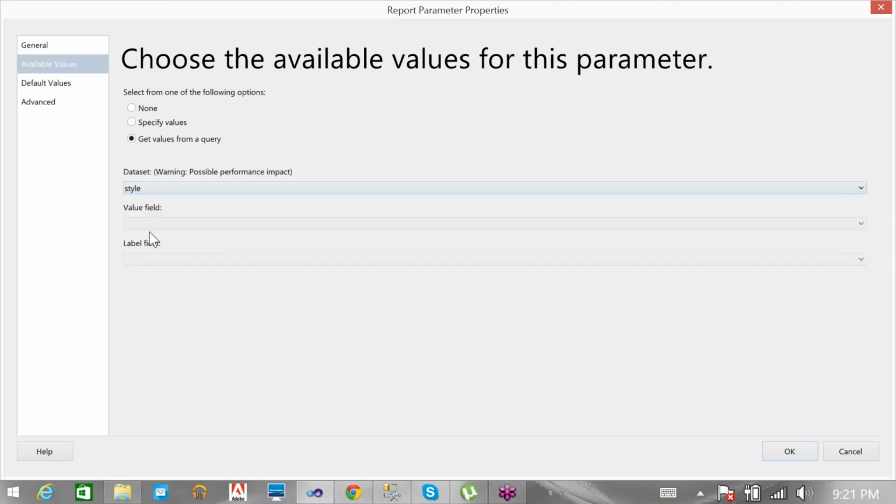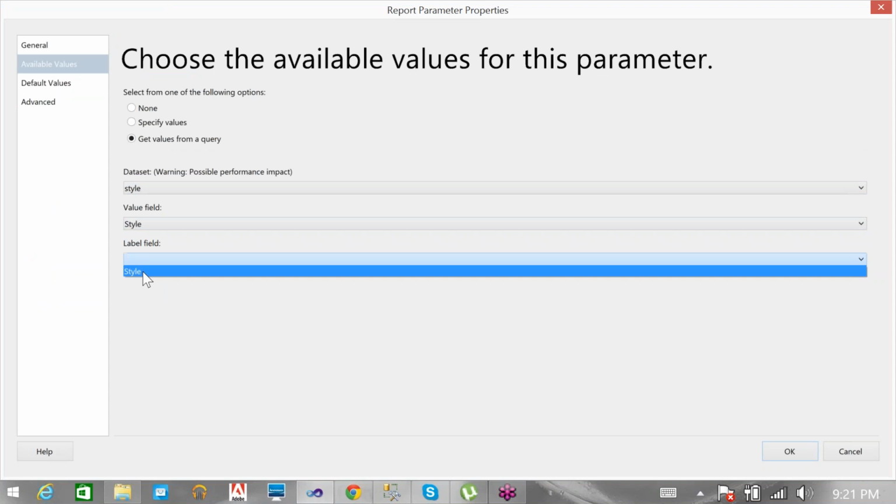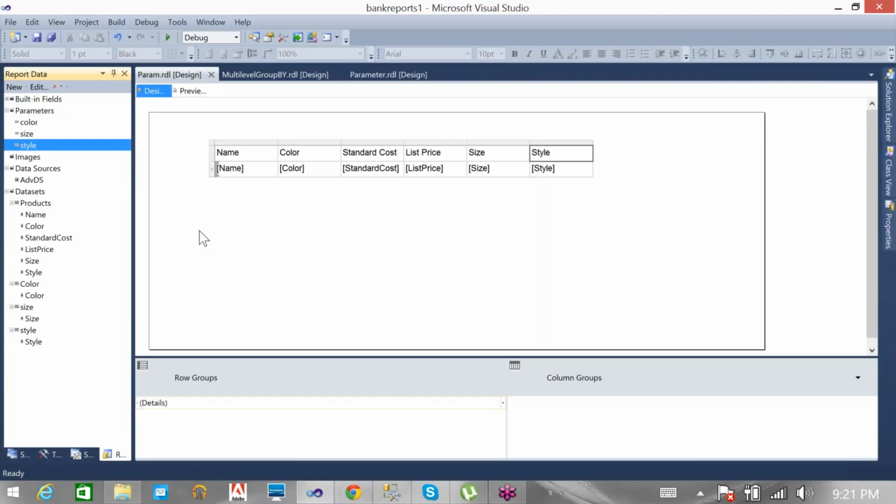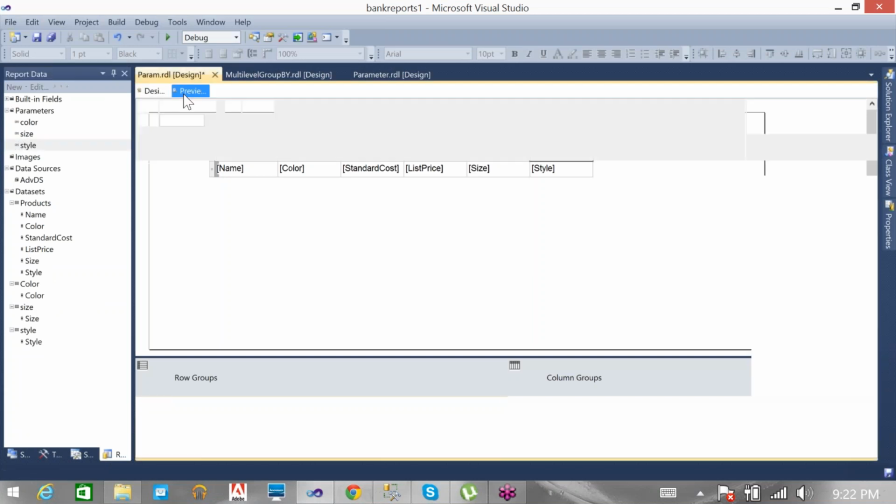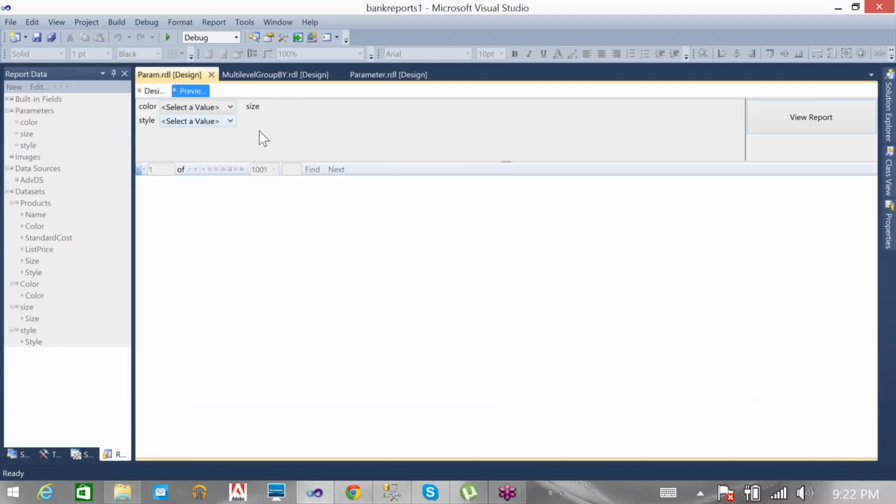Then I'm going to connect the style dataset. I need to pass these two parameters into the style. Why do I need to pass the two parameters? Because style is the last parameter that depends on the first two parameter selections, like blue and size.